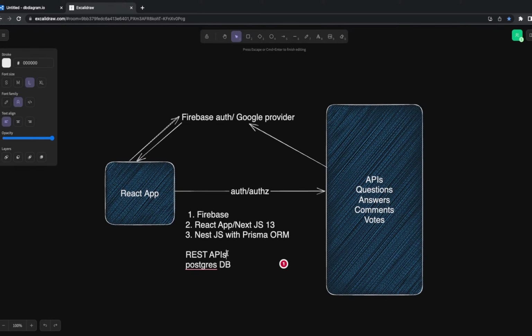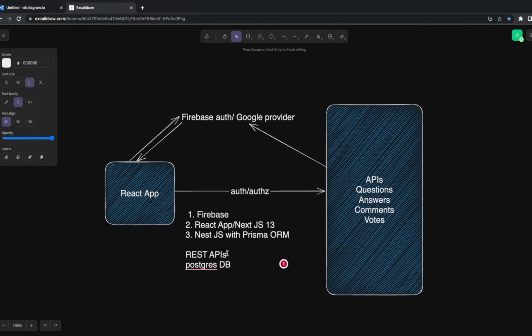Okay, give me all the questions, and then when you click onto the questions, question detail with all the submitted answers on the question. So there will be a one-to-many relationship, and answers can further have comments. So a single answer can have upvote, downvote, and further comments. So it is again a one-to-many relationship. One answer can have multiple comments, and one question will have multiple answers. So let's keep it simplified, one-to-many, and one-to-many is the only relationship we are using in questions, answers, comments, and